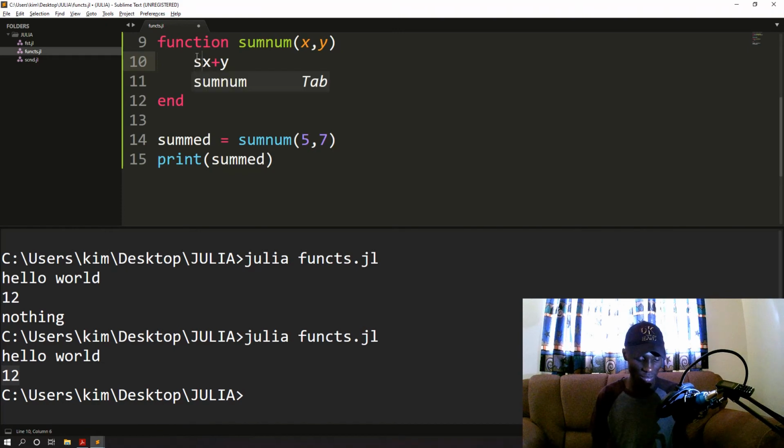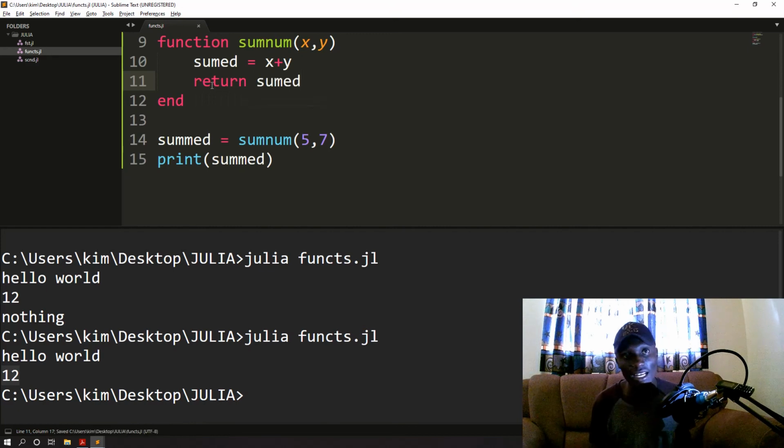So that is why there's something called return. Let's say summed. That was a keyword. You normally are not supposed to use a keyword to do your own things. So you see summed, I know that is not correct, and then you use it. Now this is something called return. So this is a keyword again, return, which takes the value you want to return, which in this case is summed, and returns over here.